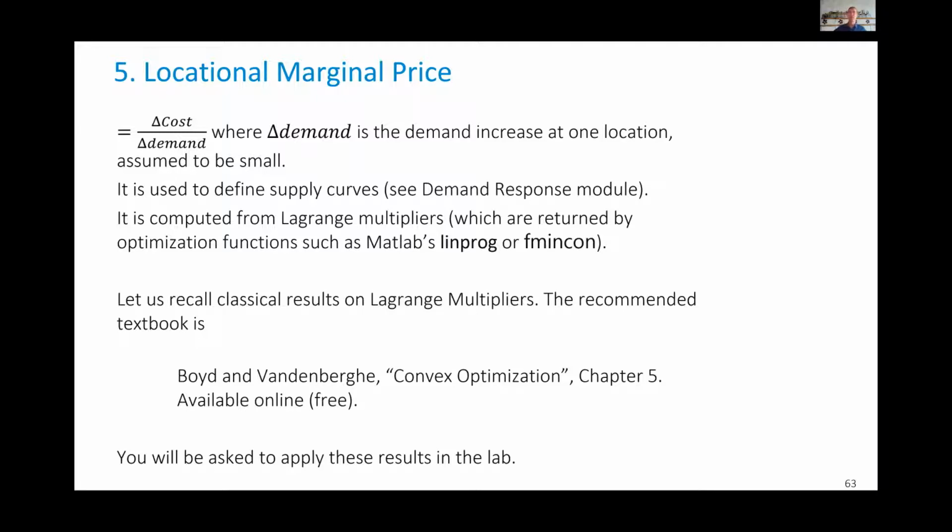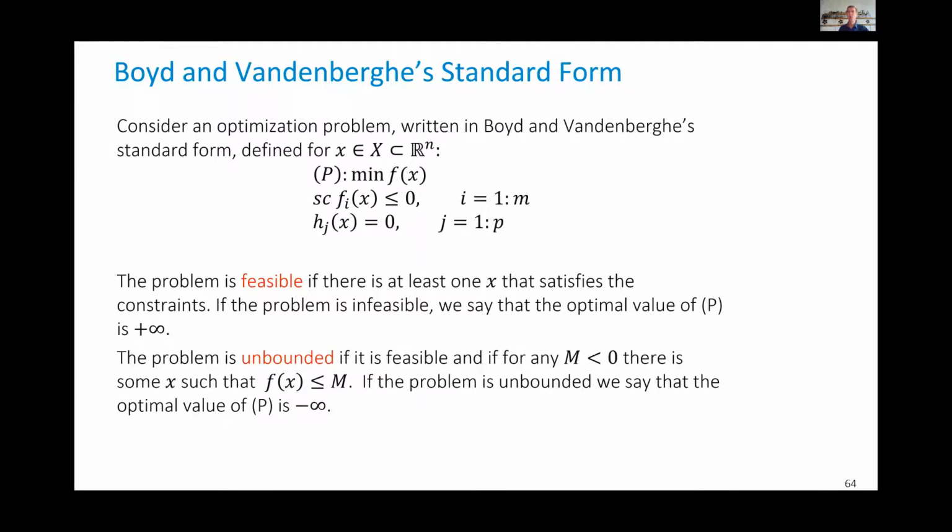We've seen, of course, that the prices are very different when the grid is weak. We've seen two examples of a grid, a weak and a strong grid. The first example, when there was a strong limitation on one branch, we saw that the prices were very different. So to understand this, we need to recap a few things on duality of optimization. Again, the goal of this course is not to